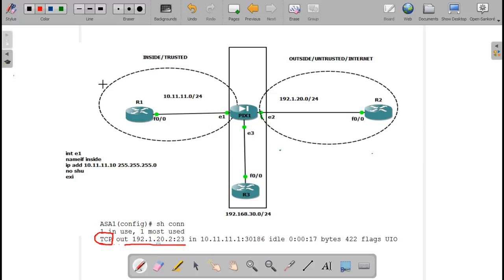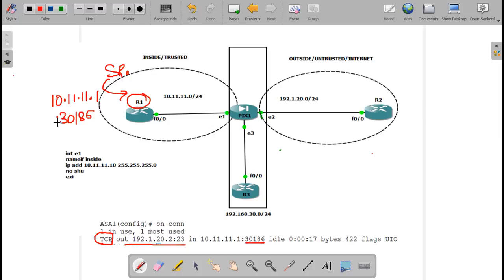Now understand, you telneted from R1 to R2, isn't it? So what was the source? Source was R1 with IP address 10.1.1.1, from this port number, which is 30186, randomly picked.